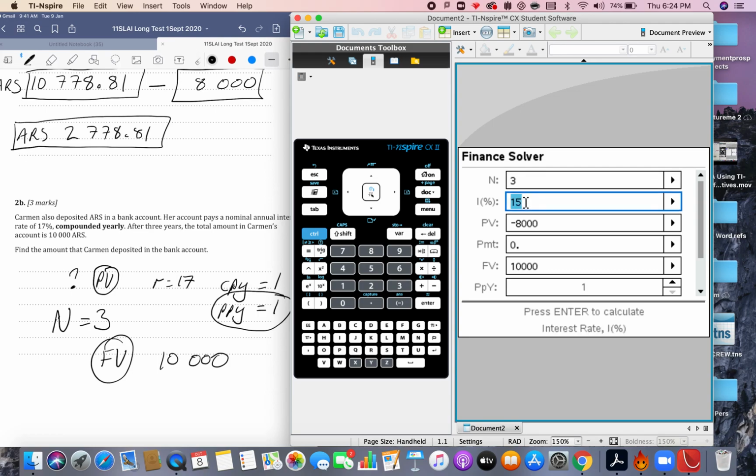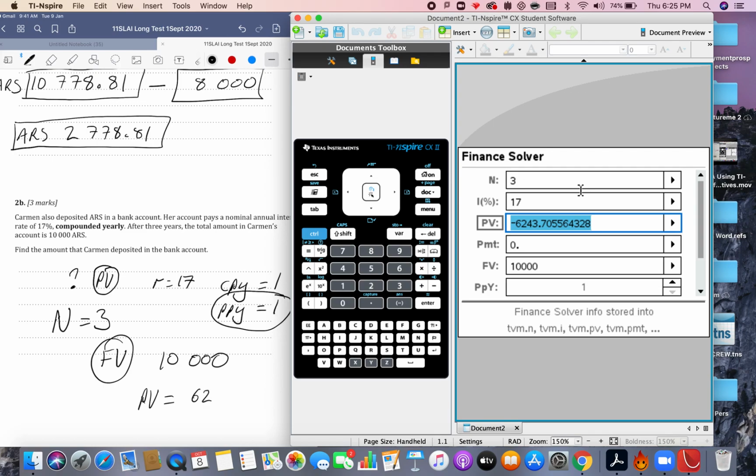And the interest rate here has gone up to 17. 17, get that in right. Payment is nothing, we're not paying anything. And we want to know, well, how much do we need to invest now to then get to 10,000 in 3 years' time? And you can see there's a negative there, so actually the present value, what we must invest